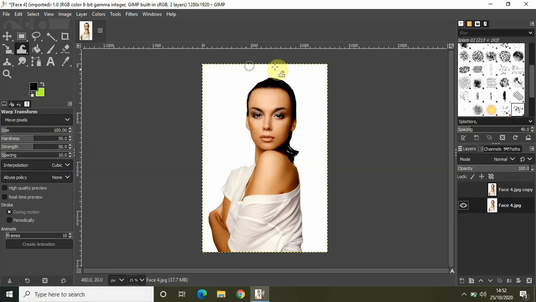I will be using the size 100 only, and if it is not 100, adjust the size to 100 right here. And now what you really need to do is notice what I'm doing on the screen.